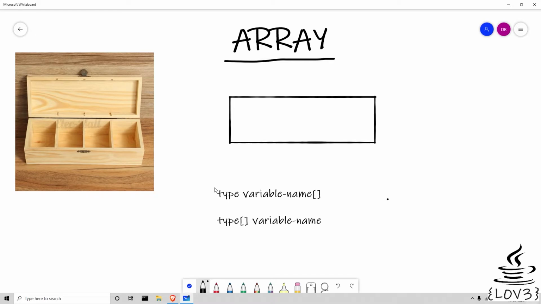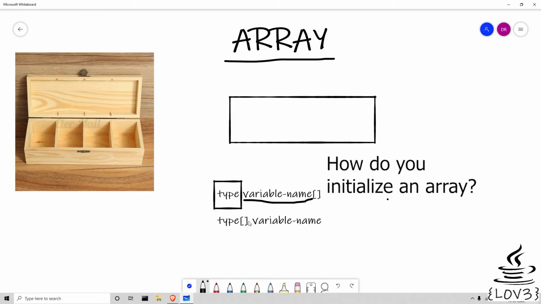You have to keep in mind that you have to say the type of the array and also the variable name. So it can be int data type or char or boolean or any of the data types which is there, but you have to mention what type of array it is in the start. What does the type do? It declares the element type of the array and determines the data type of each element in the array. So that's what type does.